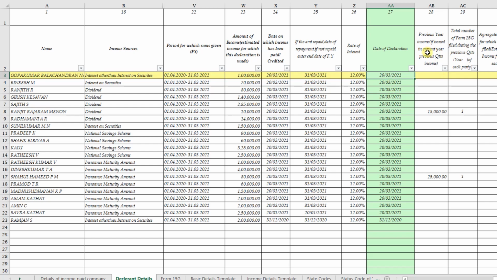And the next column is previous year income. This previous year income means the previous quarter's income. Here I am showing the Q4. If any income was already paid to that declarant in Q1, Q2 or Q3, that income we have to mention here. If we paid income to that declarant in previous 3 quarters, take the consolidated amount of 3 quarters, that should be entered here. And on the next column, we have to mention total number of Form 15G filed during the